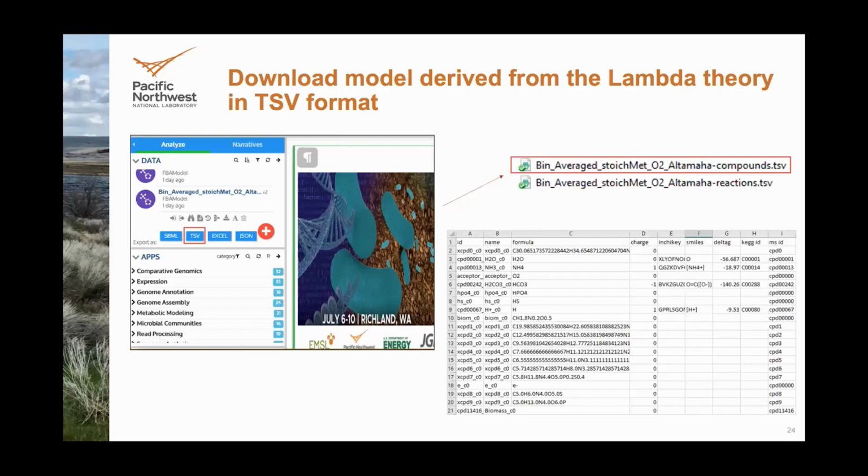So in the compounds TSV file, it contains all the compound information. For example, the first column is the ID for different species. XCPD means the organic carbon, and the formula is in column C. As we can see, there are pretty long formulas for DOC, and we also have other species: ammonia, oxygen, carbonate,